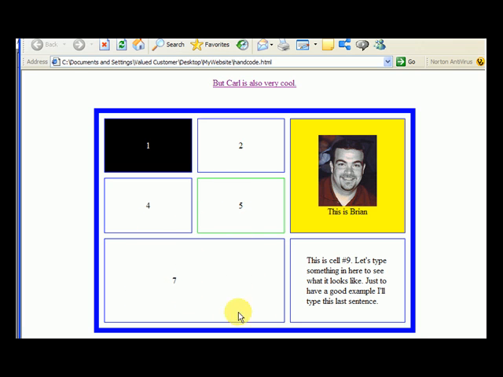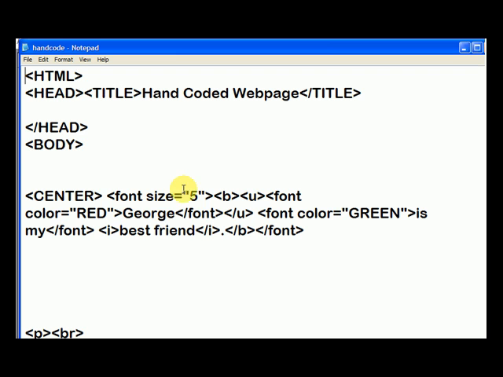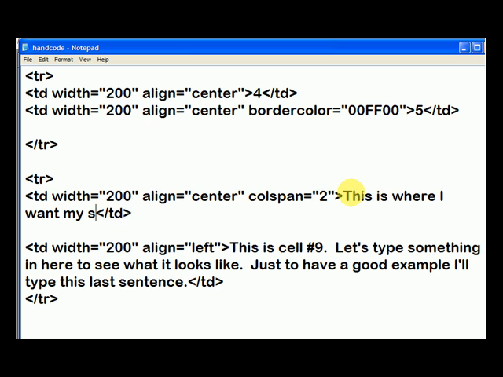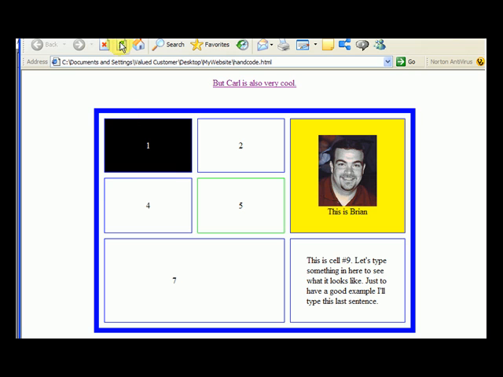So once you get the table the way you want it, then you're going to put your code for the form in there. So let's view our source code, and let's go down to cell number 7 because it already has a 7 in there. Now a 7 would simply do, but let's put in this is where I want my sign up form, and let me go save that. And if I go refresh the page, hit refresh,